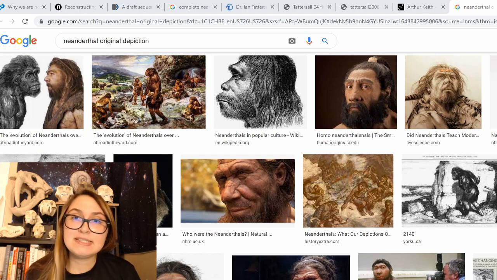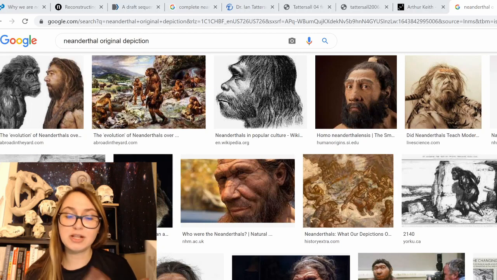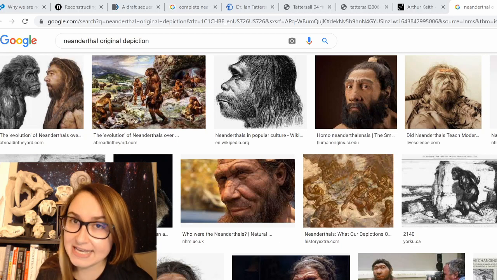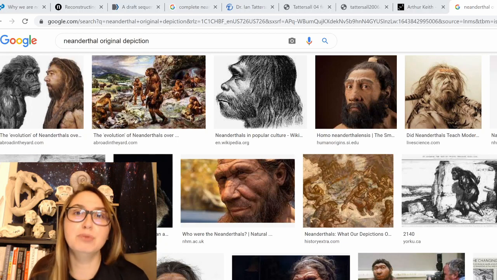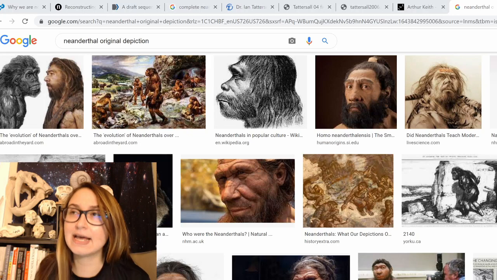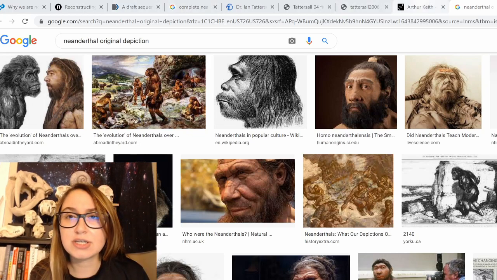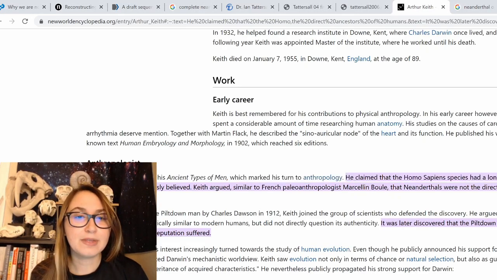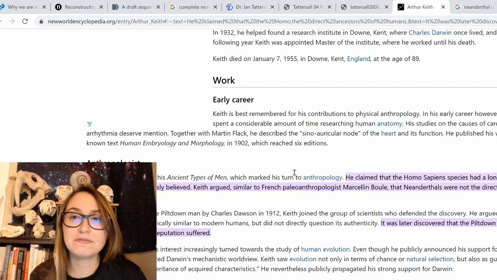This is at least in the sense of the general public, because one of the original paleoanthropologists, right, like folks who were spending time looking at hominins, Sir Arthur Keith, said from the very beginning that Neanderthals, while they are certainly a different species, were artisans. They weren't simply brutes. And that was back in 1915 in his book, I think it's The Antiquity of Man. But let me pull it up here just in case. Arthur Keith, Ancient Types of Men, in 1911. So that's actually not the one I'm thinking of. I'm thinking of his 1915 version.